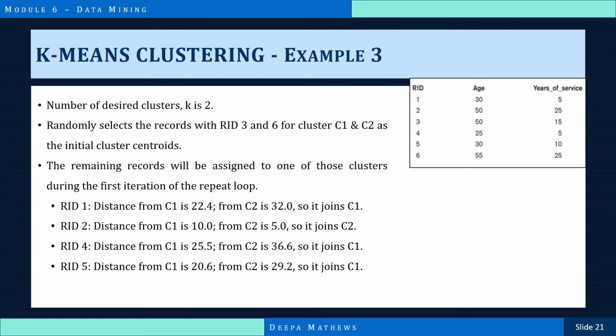The lowest value is C1, so RID1 joins cluster 1. Similarly, we calculate the distance values for RID 2, 4 and 5 from each of C1 and C2, and they are assigned to the clusters with lower distance.